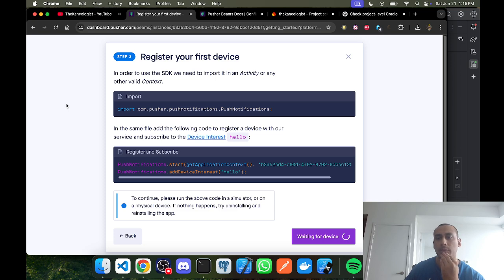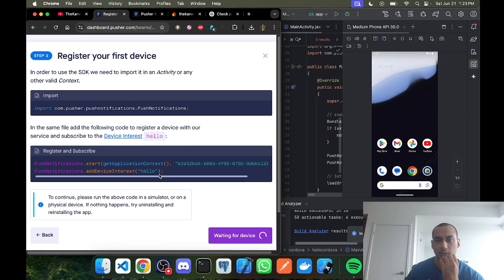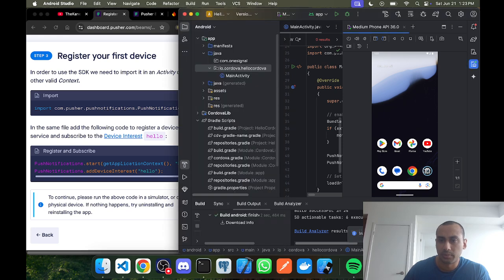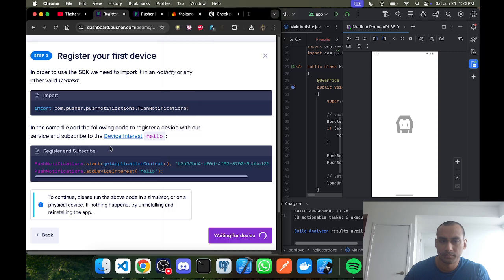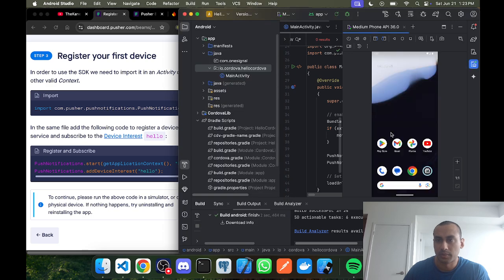Unless we need to add permissions. So let me see if you guys could see this. So let's see. Right now, if we have our app open, right when we run this, we should also be seeing a success case for this Pusher Beams waiting for device, which is not happening, but let's see. Let's open the app. It's because there's no permissions too for this. Cordova keeps stopping, close app. Let's try again. Sometimes we have to try multiple times. So app info,